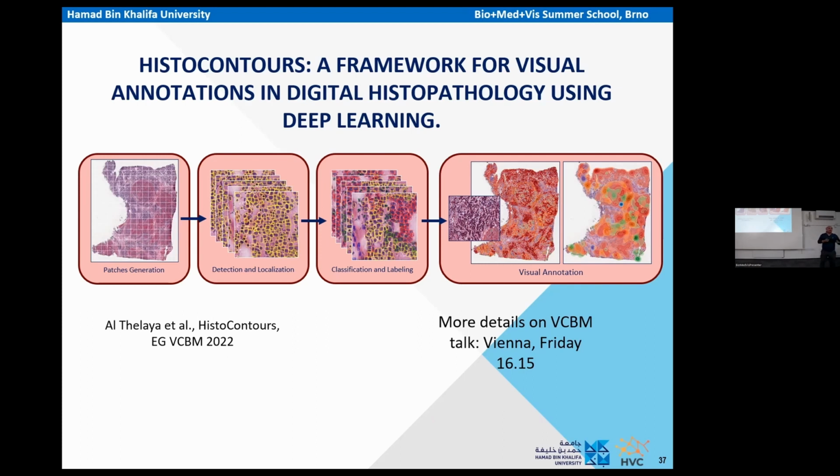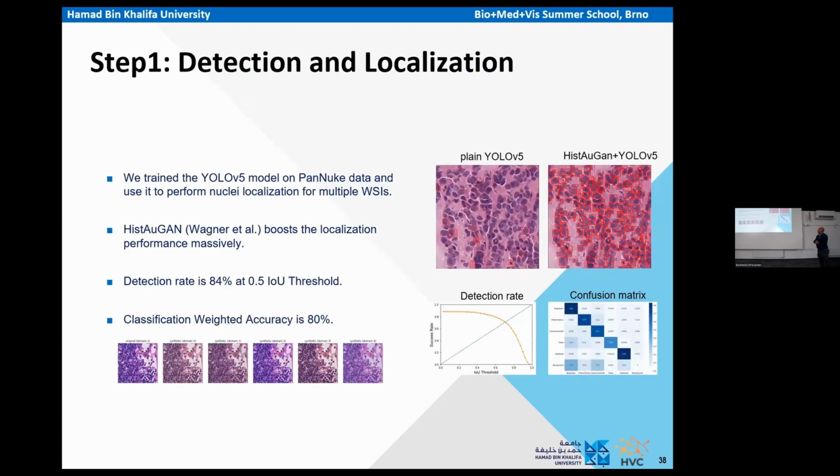And in this framework, we also propose two kinds of annotation. One is based on single cells, and the other one is based on density analysis. Now I will show you. And as for the various parts of the framework, I will briefly tell you the composition. We use a YOLO model for performing detection, and